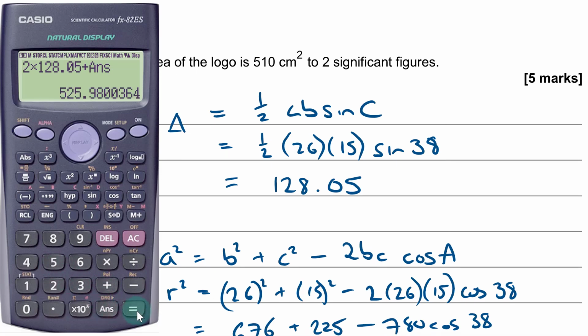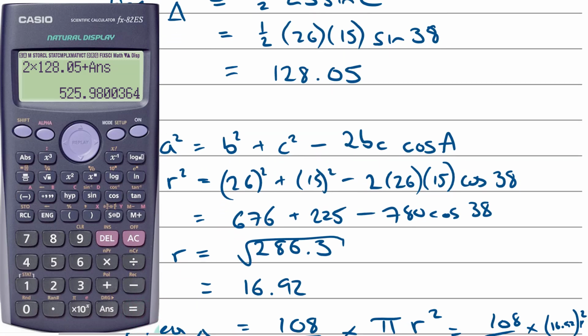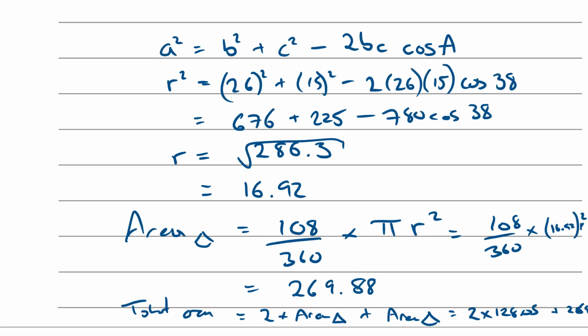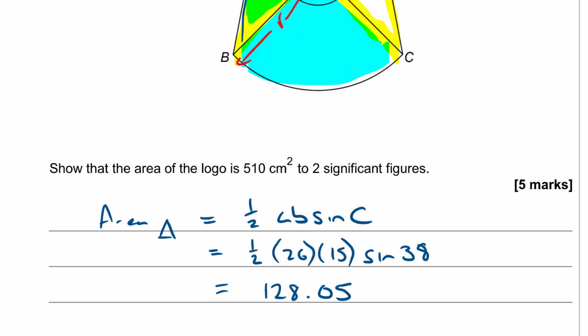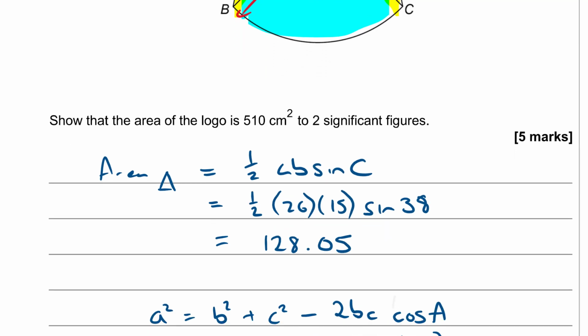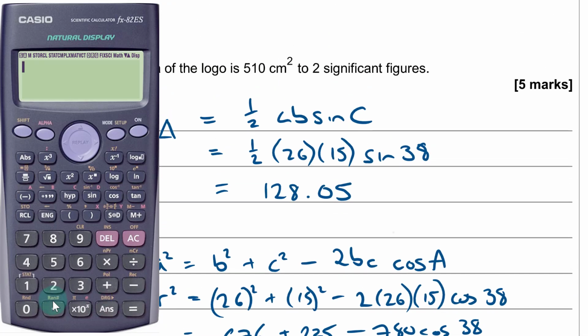Show that the area of the logo is 510 centimeters squared to 2 significant figures. Well, I get 530 to 2 significant figures. Okay, I'm not quite getting the answer that I was meant to here. I make that 520 something, where the answer here says 510. So I'm just going to go through and double check all my work. And I've just realized that I made a mistake here when I read the calculator value. I did put the right thing in the calculator, but for some reason I misread the output, and it should be